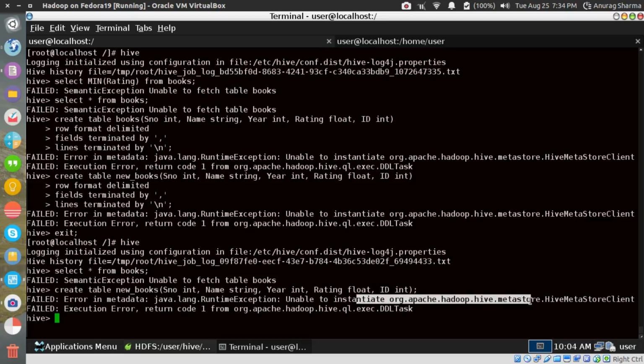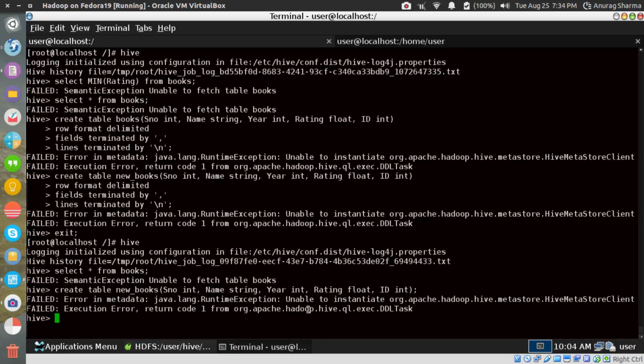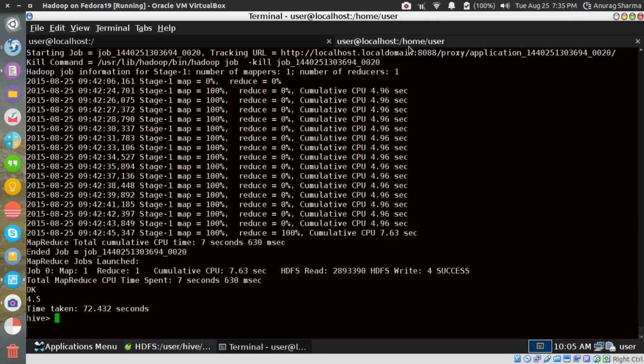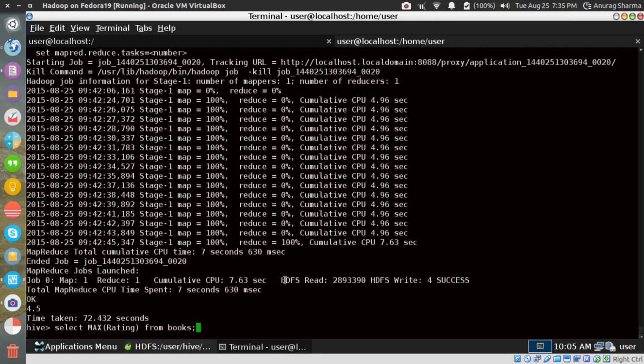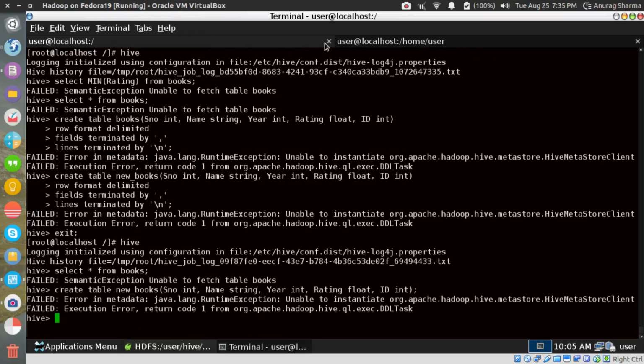I think there's some problem with task client execution. Okay, so I have this particular thing already here. Hang on, I'll close this.